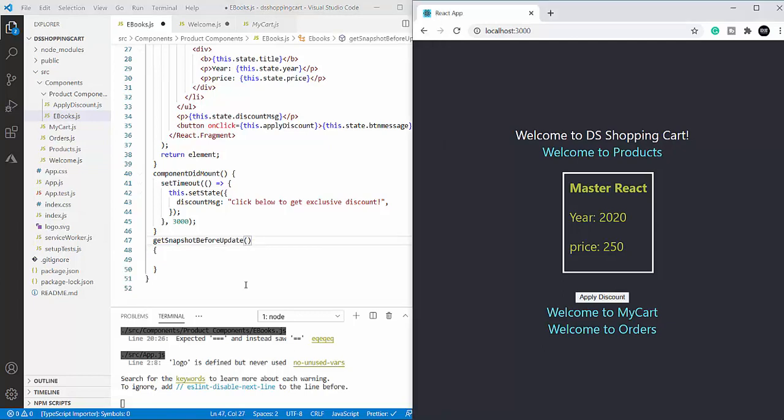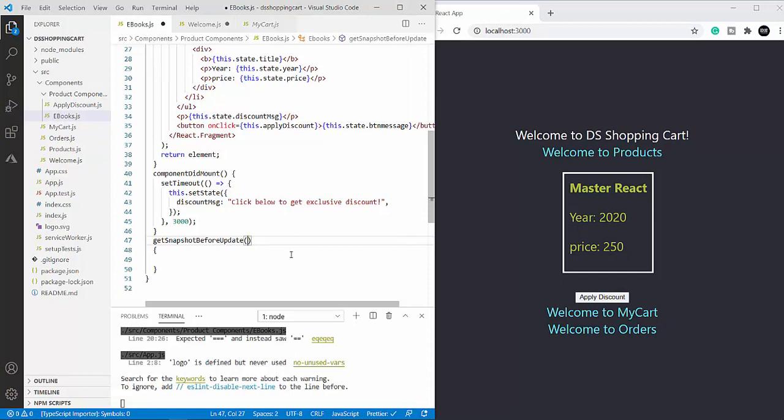Here we will be passing the properties like previousProps and previousState, both in camel case.